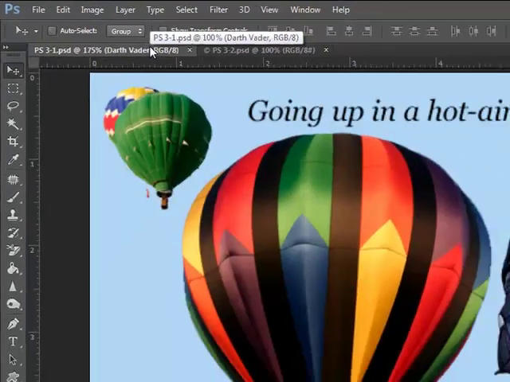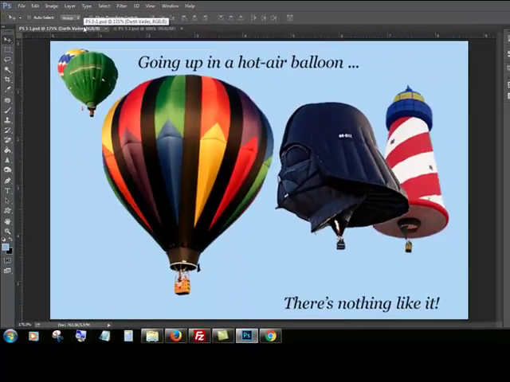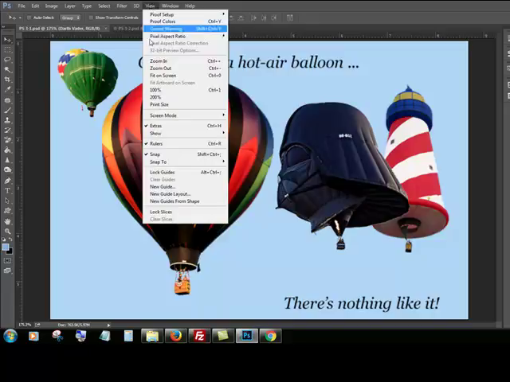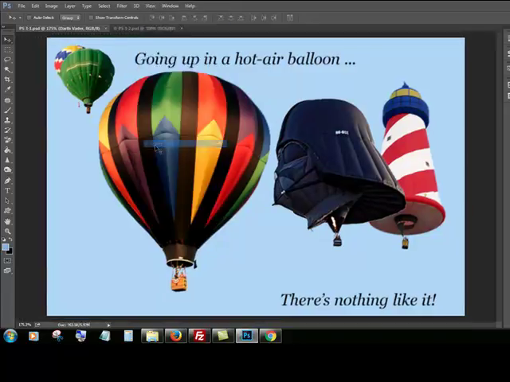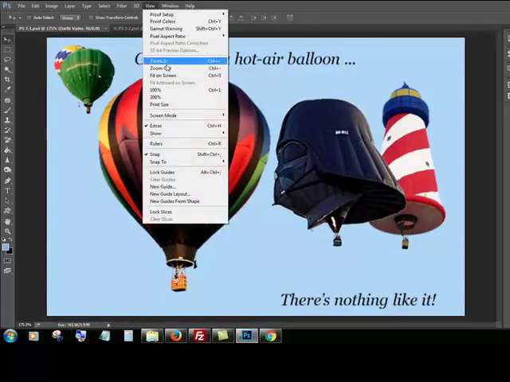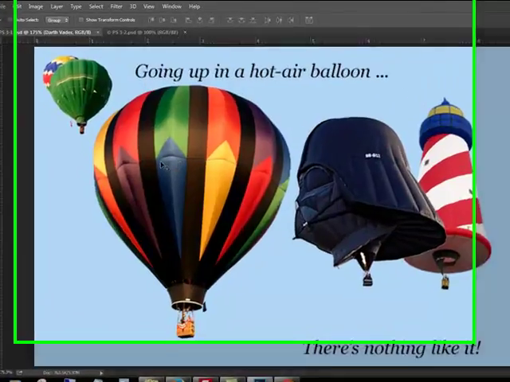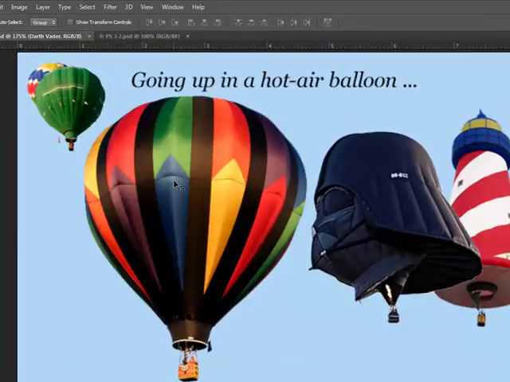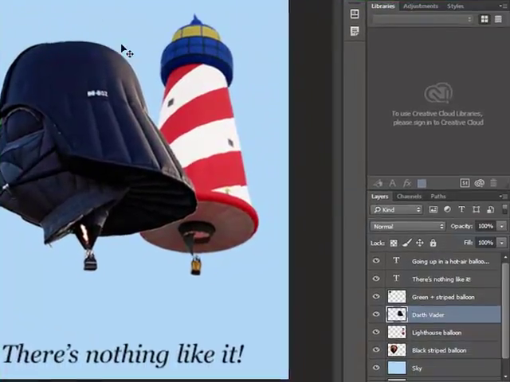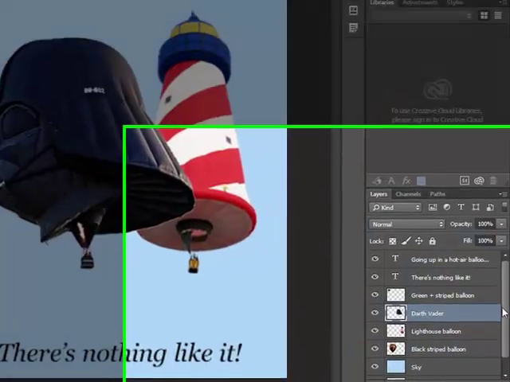Hit Control 0 so you can absolutely expand your screen. Make sure you are viewing your rulers. So you would say View, Rulers. Now notice I can turn mine off, or I can turn them on, or I can just hit Control R. Now that we have 1, 2, 3, 4, 5 balloons plus 2 pieces of text in view, let's go over